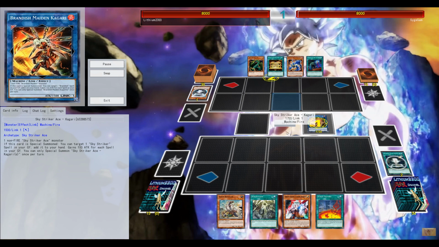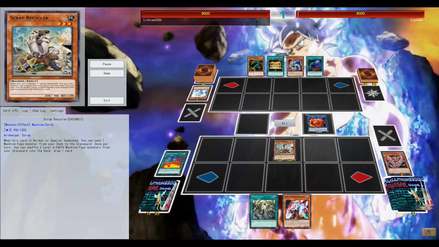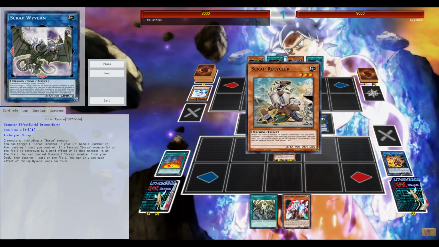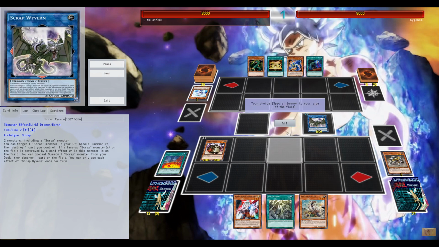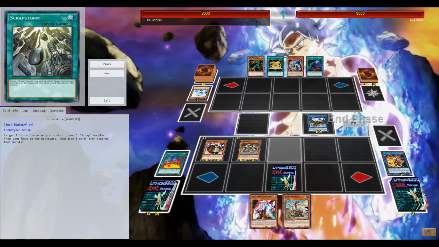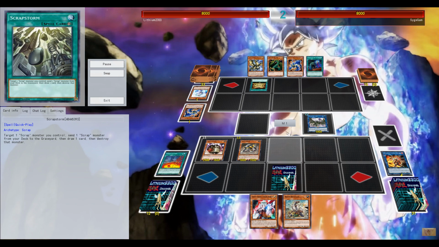Supply Squad, or Supply, what is it? Is it Supply Unit or Supply Squad? You know which one, the continuous spell that lets you draw a card as soon as a monster is destroyed on your side of the field. I guess it's fine, but I think it's a win more card. I think we're just better off running other cards, more hand traps maybe, or more defensive cards other than Supply